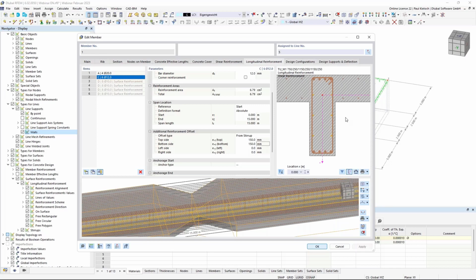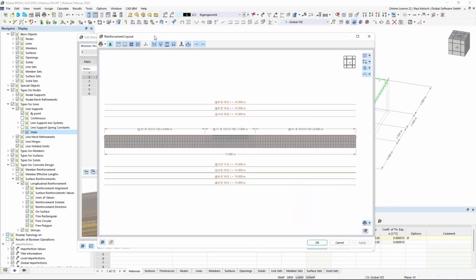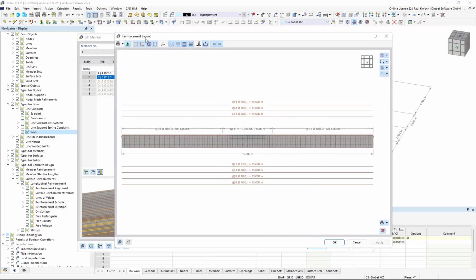Now, if you have entered the shear reinforcement or the longitudinal reinforcement like this, and you would like to print a graphic of this definition into the printout report, there is also a new feature. You can click on this button here, and then you get a new dialog called reinforcement layout. And in this dialog, we have here a new button, a new function, and there you can print the graphic